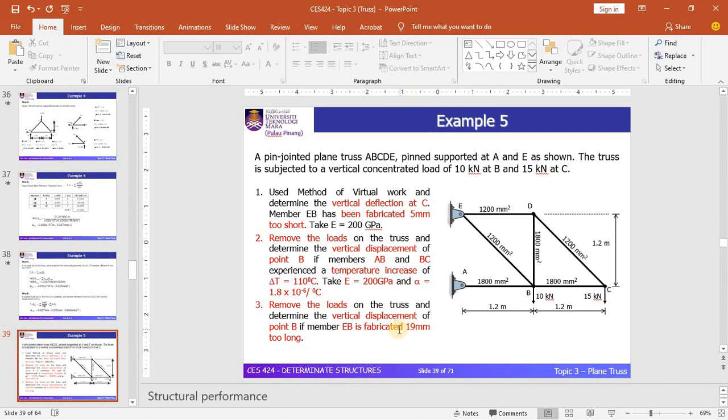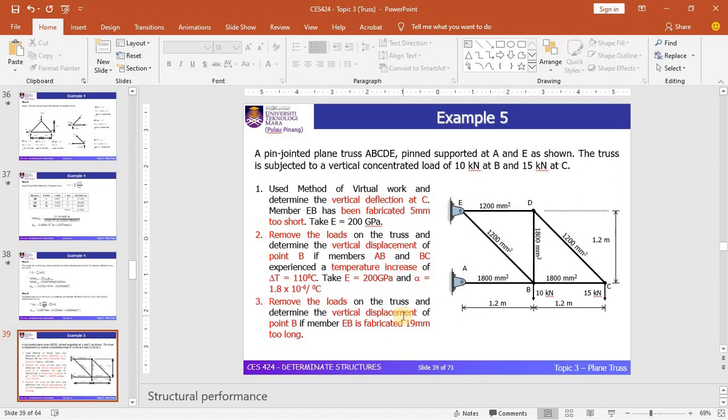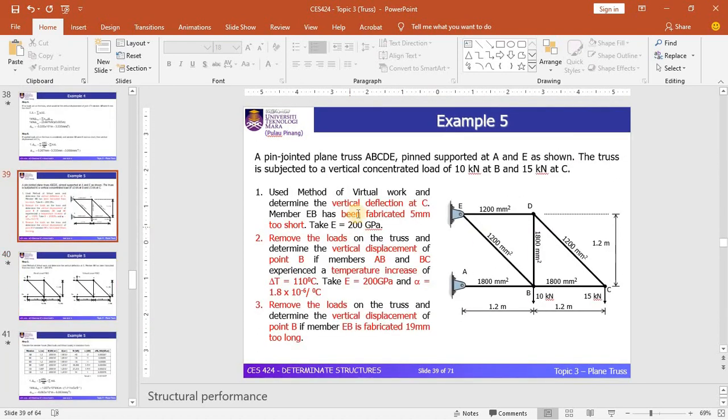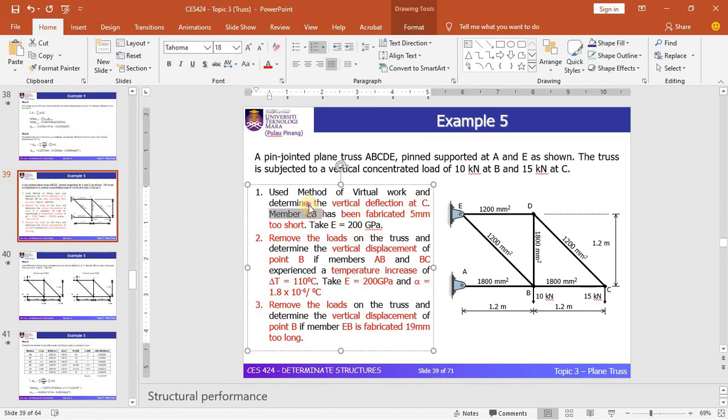Okay, let's go one by one. Let me discuss all of these questions one by one. So let's start with our first question. The first question is to determine the vertical displacement at joint C. Given the information here, the member EB is 5 mm too short. Okay, so in this case, since we use the virtual work method, you need to provide